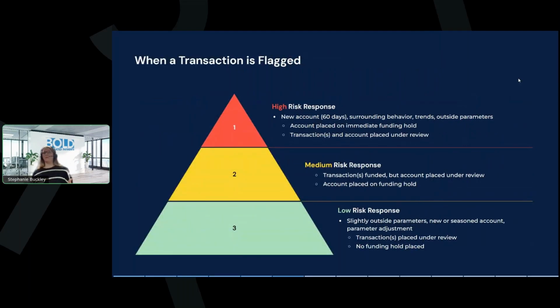There's 3 tiers, low, medium, and high, where this is going to depend on how the review is handled. So we have people sometimes where they're like, well, why is this transaction being held? This is just what they do. Or we've already had this conversation, what's going on? Other times, the account's not placed on hold at all, and we start to see a little less cooperation with actually providing the documentation that we're requesting because their funding is going through. Why would they actually care about providing any information?